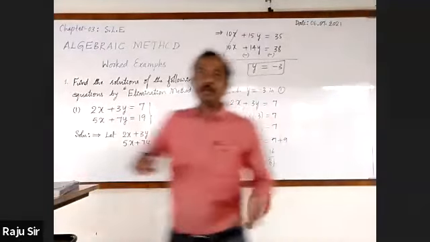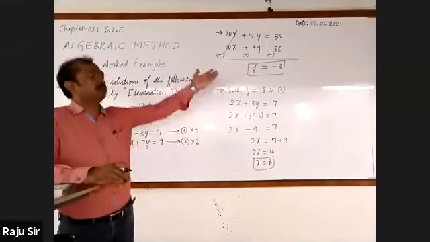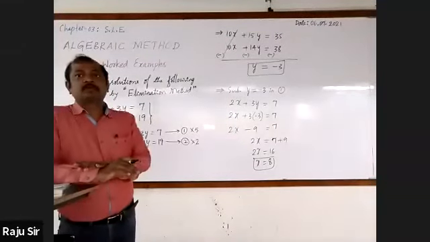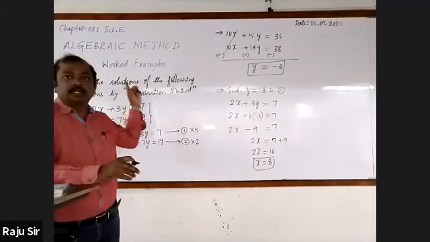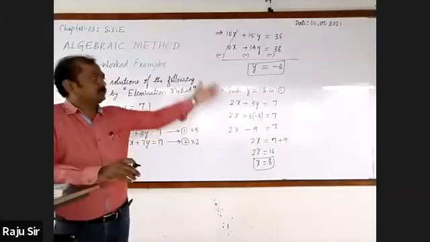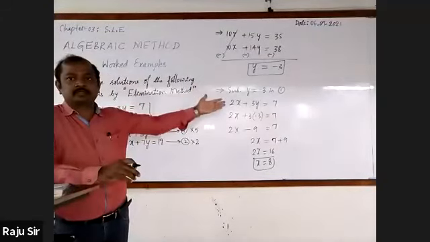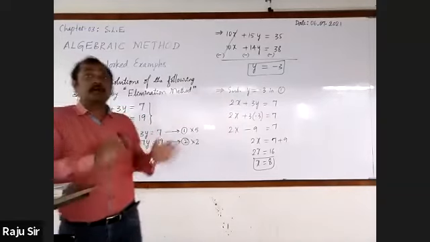We got x equal to 8 and y equal to minus 3. So therefore, the solution of the given equations is x equal to 8 and y equal to minus 3. You may write the conclusion like that, or else